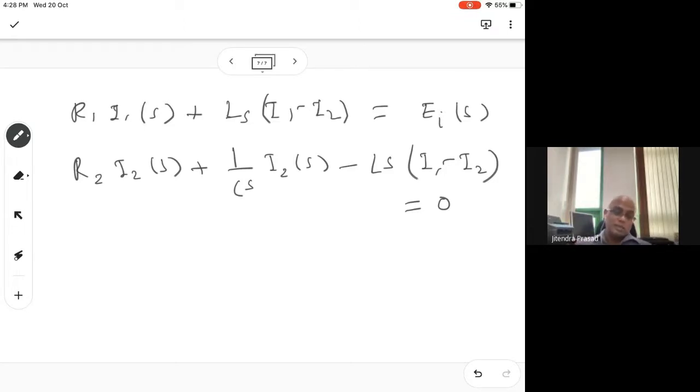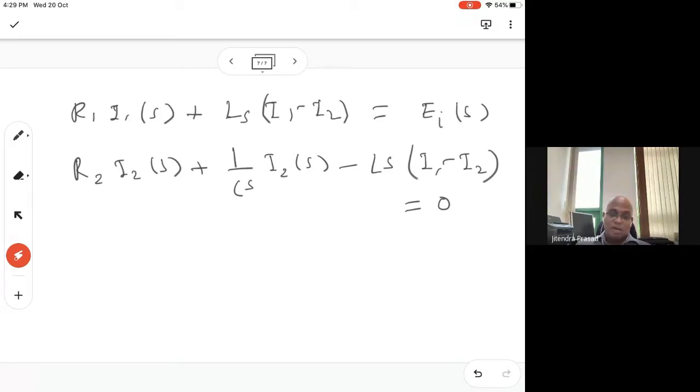Yeah, so solving, we can find out E0 over EI. So what do we have? We have I1 and I2. So we can find out I1 and I2 and put those values here, and we can find out the